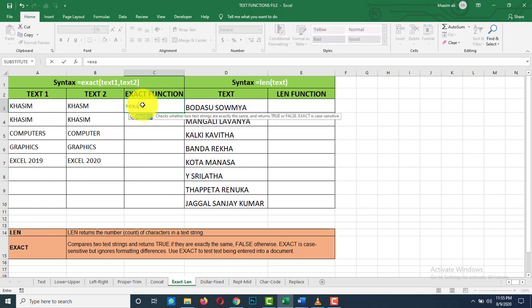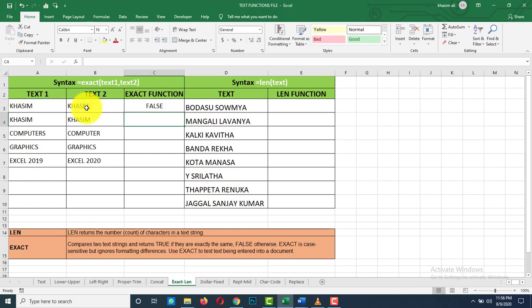Equal to exact of first text string comma second text string. See, if both, that is text 1 comma text 2, are same, it displays true value, otherwise it displays false value.